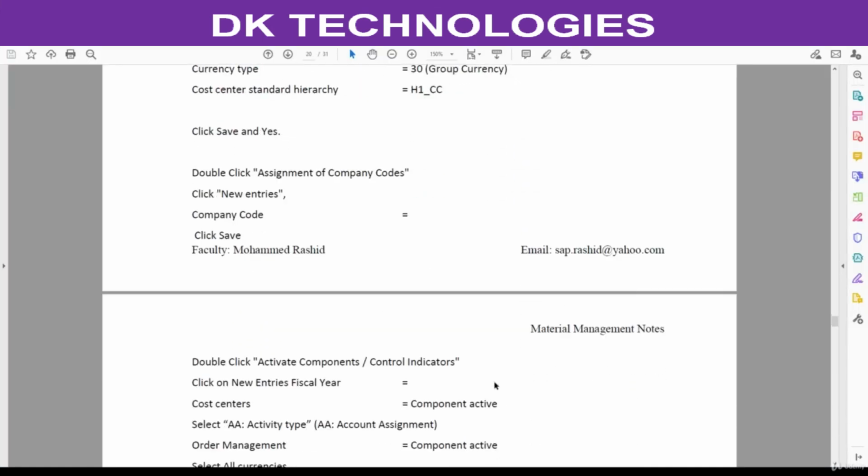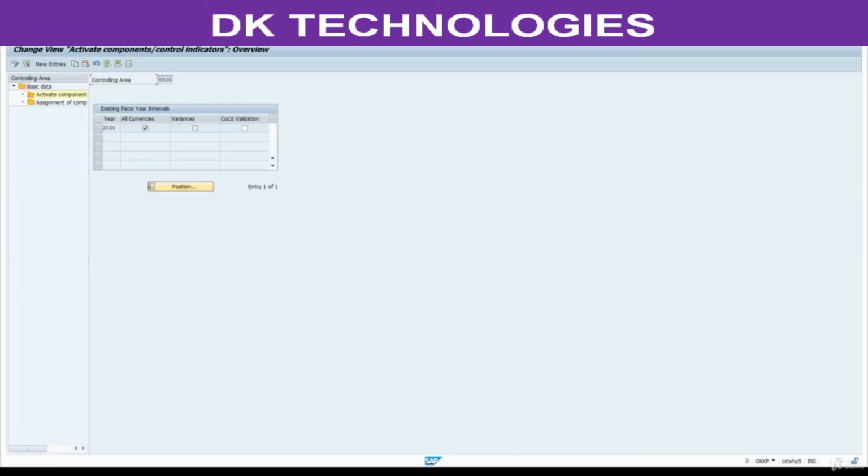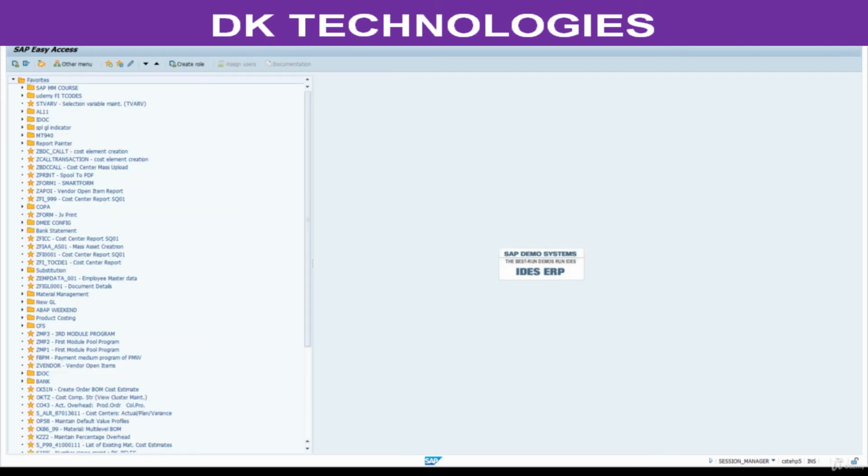Next step, go to this T code, go back, enter here.